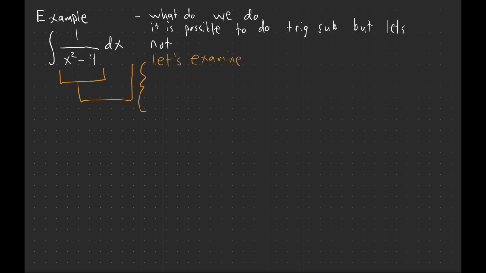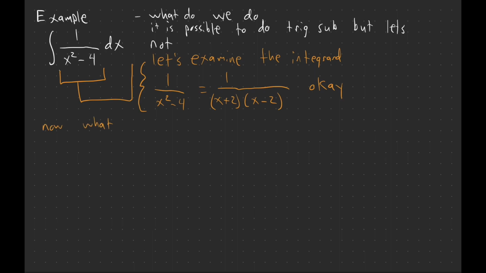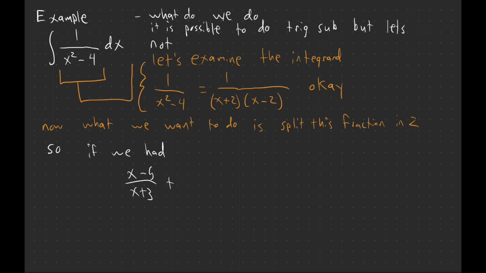I don't know if you guys are familiar with this yet, but we're going to go into it in depth. So the integrand is 1 over x squared minus 4, which can be simplified to 1 over x plus 2 times x minus 2. Okay, so what exactly is partial fraction decomposition? We're kind of going to want to split this fraction into multiple easier fractions to integrate. So for partial fraction decomposition, if we look at an example like this, x minus 5 over x plus 3 and x minus 5 over x plus 5,